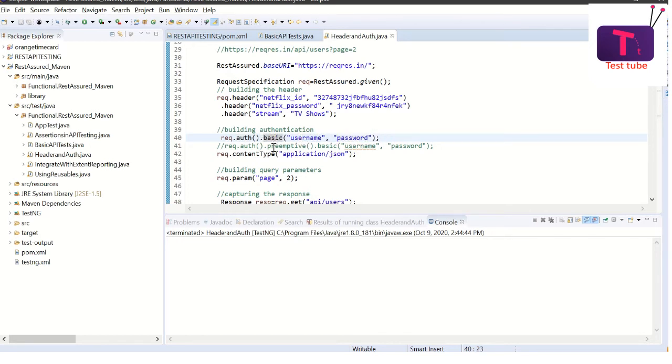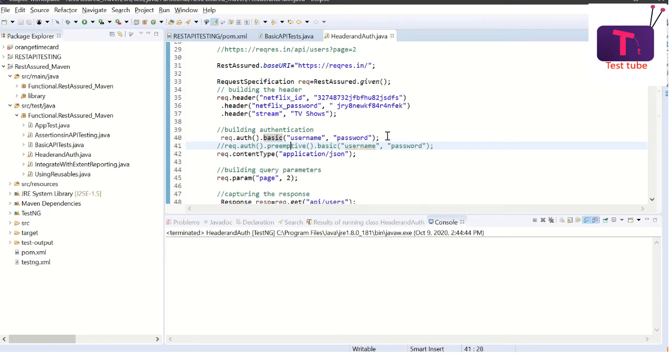Not just this, we can also use the preemptive method. Both are going to work in the same way, with a slight difference. To understand preemptive and basic authentication, first I will tell you how the authentication process works.